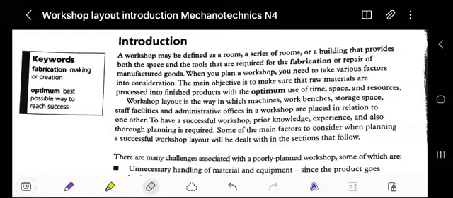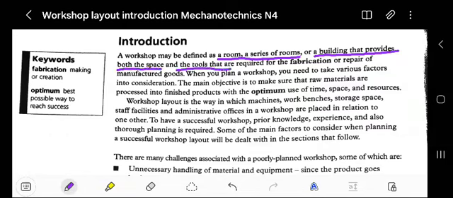So it's defined as a room. Obviously, you have the building there. It's defined as a room or a series of rooms. It's a building that has many rooms or a series of rooms, right? Because remember, this is a workshop. If the question comes, say, define the workshop: a workshop is a room or a series of rooms or a building that provides both the space and the